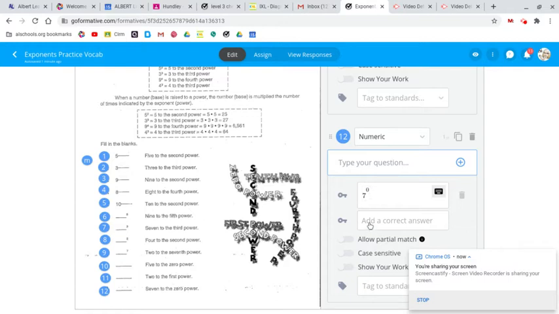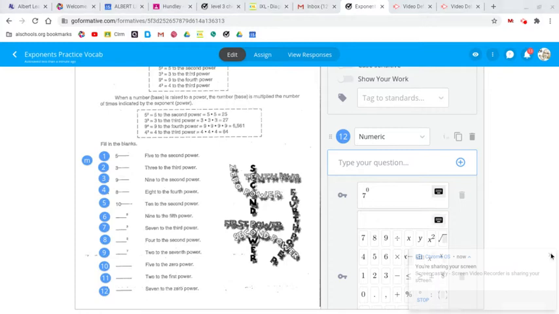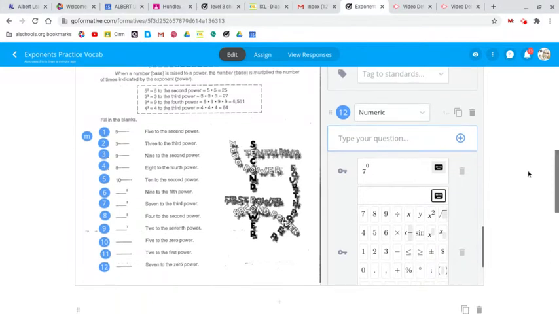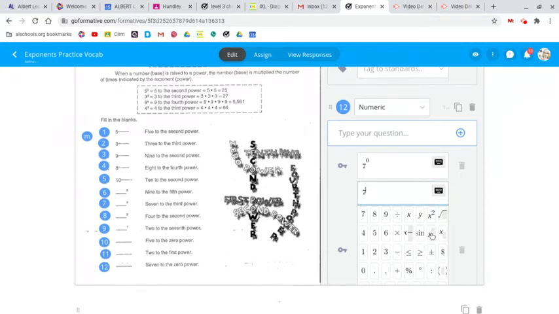To do that, you click in to do your answer, and then you have to click this little keyboard, I guess it's called, and you're going to do this little X to the power. There's a little empty box up here at the top. So you'll hit that, and then you'll hit 7. Sometimes I hit it twice, and then that little cursor goes up there to 0, and that will type it in, 7 to the 0 power. You'll do those for numbers 10, 11, and 12 using that little keypad.